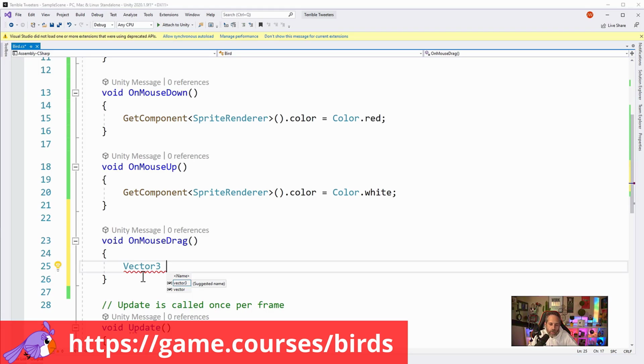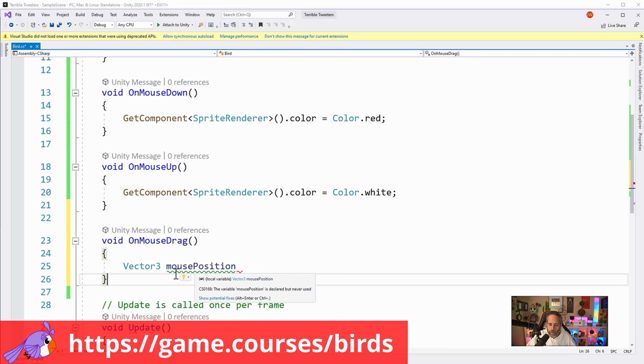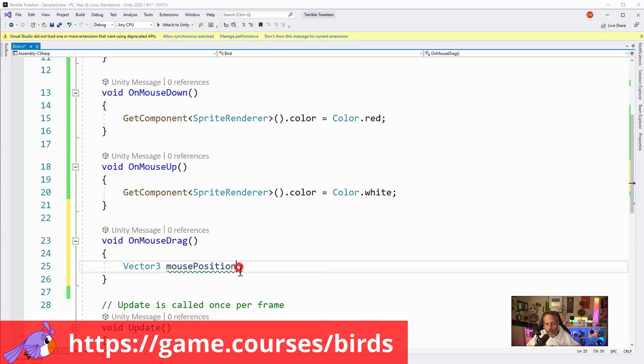And we're going to call this mouse position with a lowercase m and a capital P, because that's called Pascal case, or sorry, camel case. That's camel case, and that's what we generally use for variables in C#. If it's a variable like this, something that we're using inside of a method, we use this camel case, where we start with a lowercase and then use an uppercase letter for every word after that. So we have a mouse position. We're going to assign it to